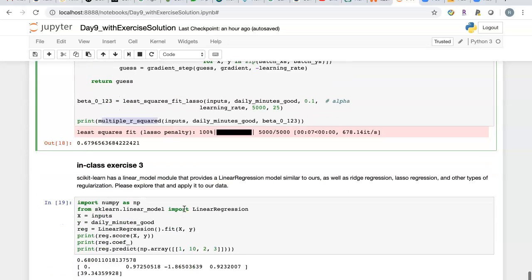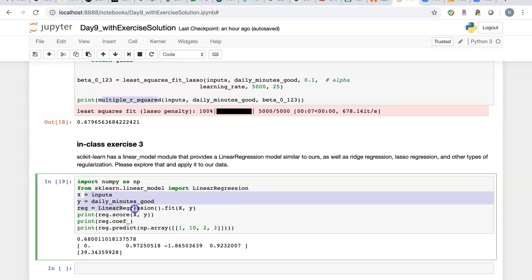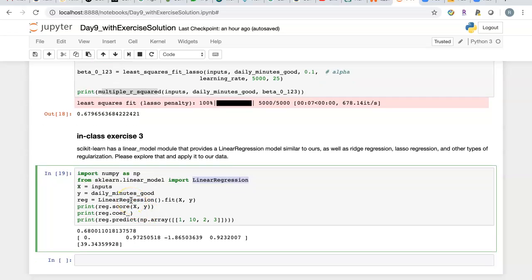The last exercise is about using sklearn. This one is simply taken from the tutorial. You can just find the tutorial on how to use linear regression here, and we print the output. Okay, so that's